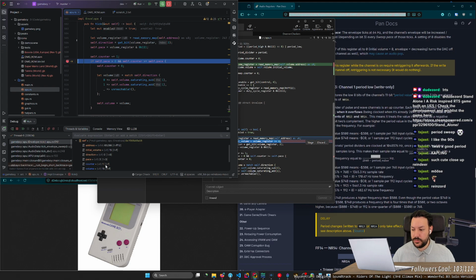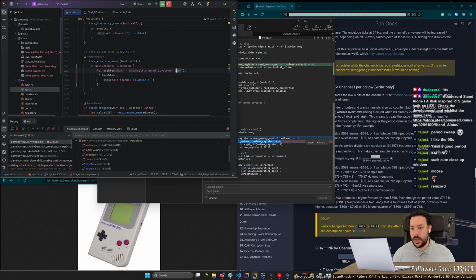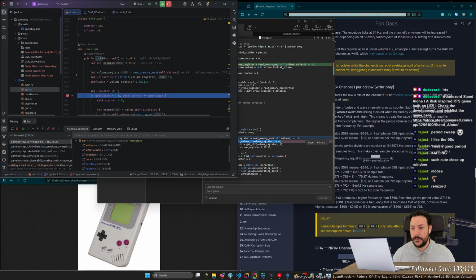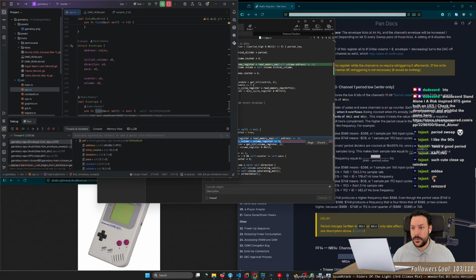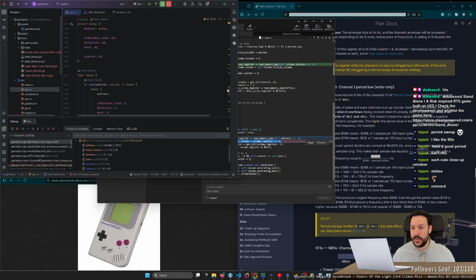The hell? Why did it reset? Oh, it probably did reset because it's the second trigger. Yeah, so this is running way outpaced. I think. I hope.